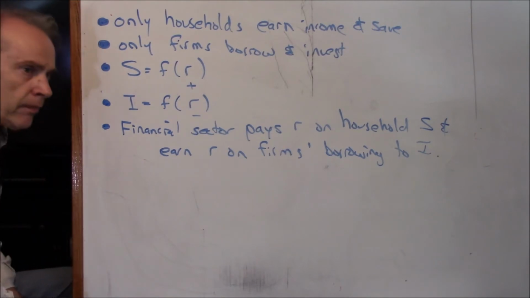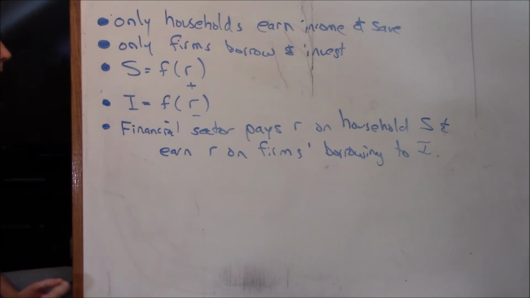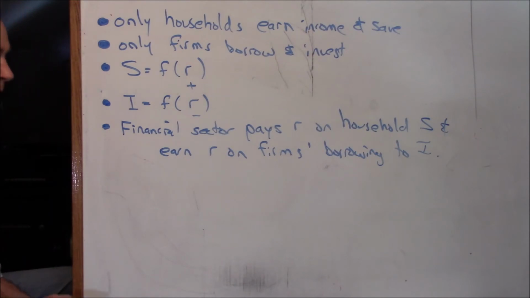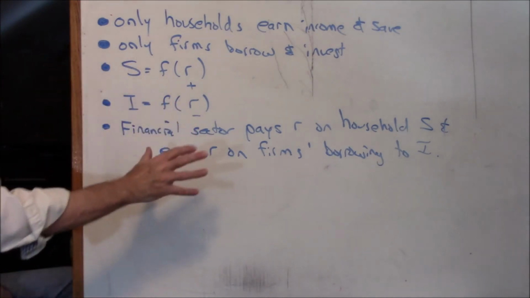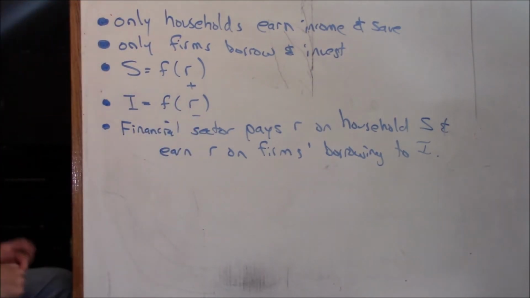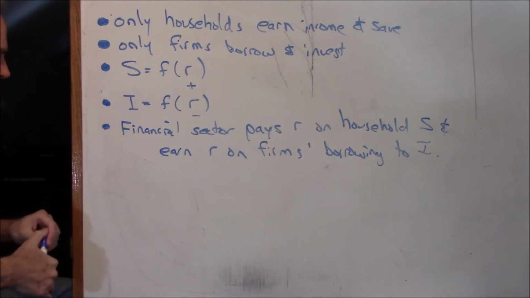All right. So this is the world that we're setting up here in this neoclassical model. And there are some simplifying assumptions, which is always true. If the real world were so simple that we could make everything exactly realistic, then we probably wouldn't need the economics discipline to try to model it. But it isn't like that. It's too complicated. So here's what's going to be going on in this world.